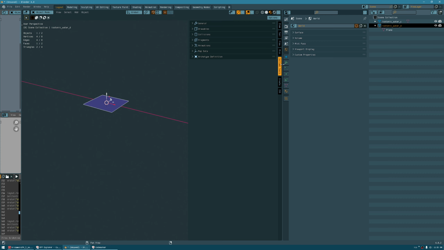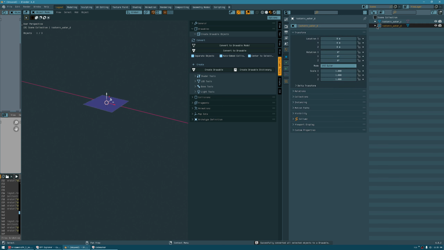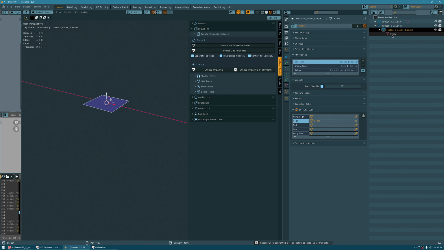Go to expand Solums tools in here, press N, drawable, create drawable objects, deselect embed, then convert to drawable model, and then click on convert to drawable. Expand it, select the dot model, and on